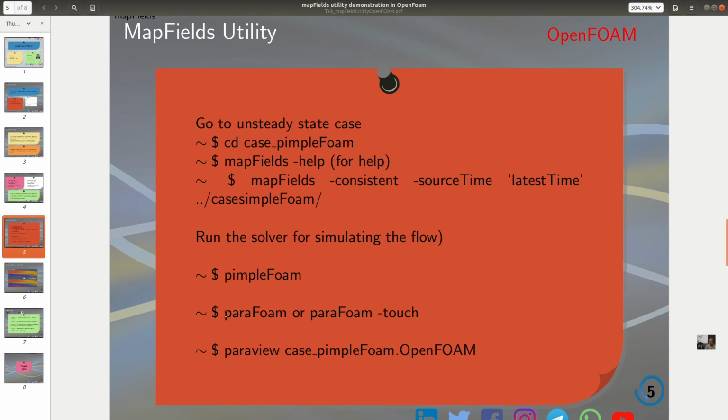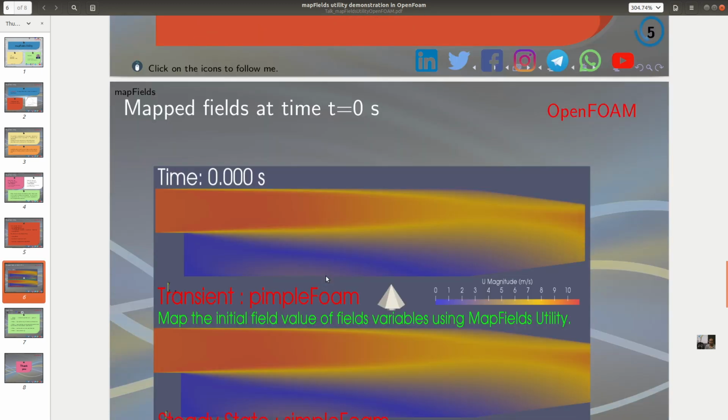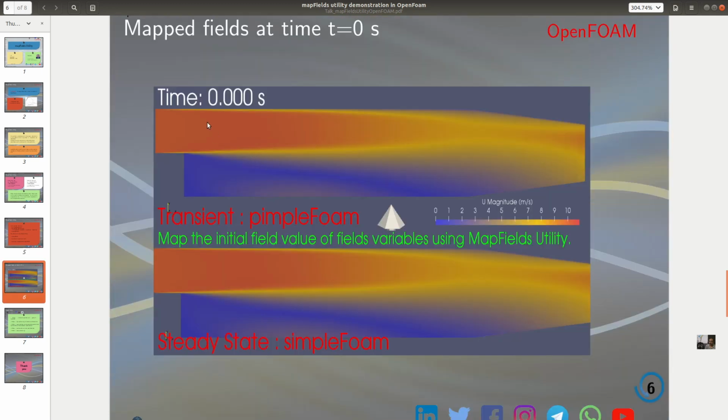Then if you execute paraFoam, or touch a file, it will create a file like this, which you can open in ParaView to visualize the result. Initially we have the earlier case, the steady state simulation result.